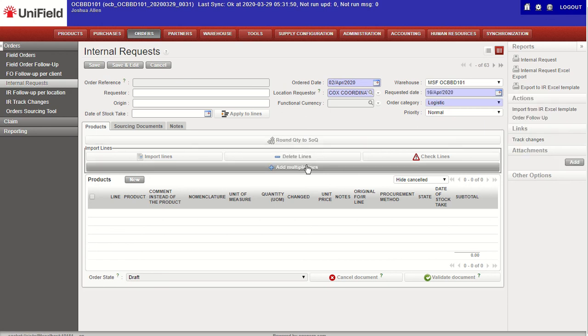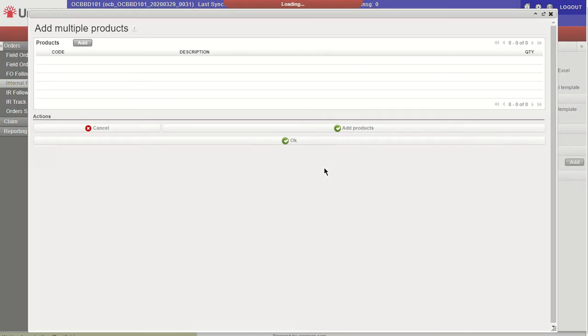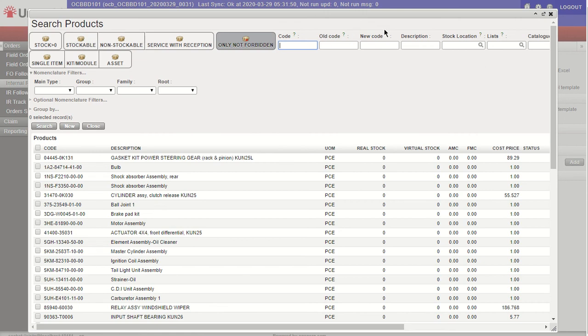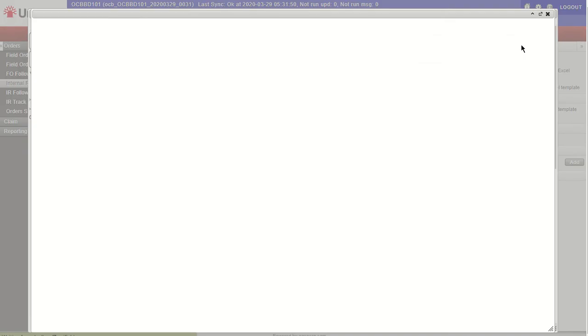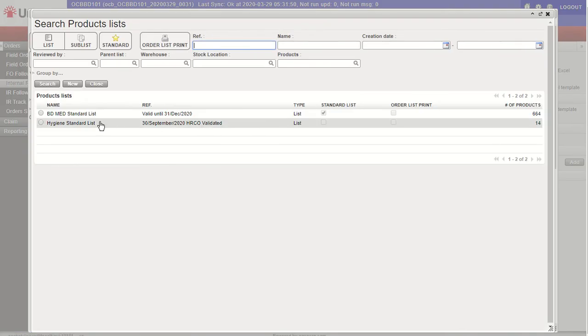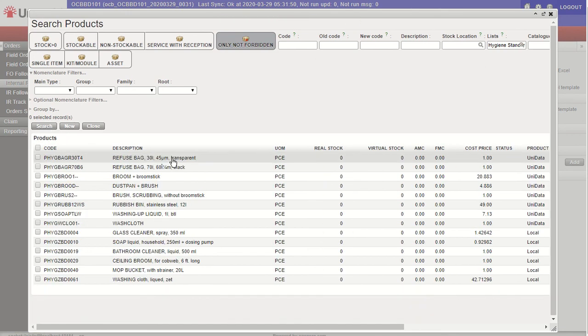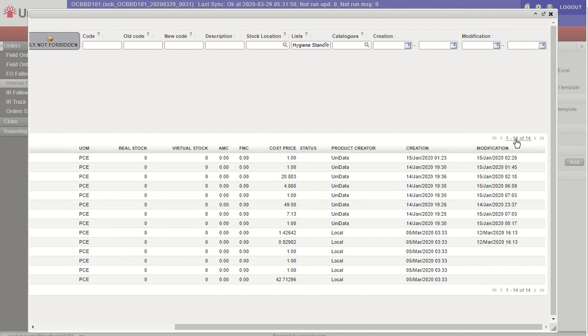And then to load a list, we have to use the add multiple functions feature. And we open that page and we go to add again. And here you see the filter for list. And if I open the looking glass, I will see that I have a hygiene standard list. If I know that I'm doing the replenishment order for items for hygiene, it should be on their validated standard list. And so I select the list and then I click search,